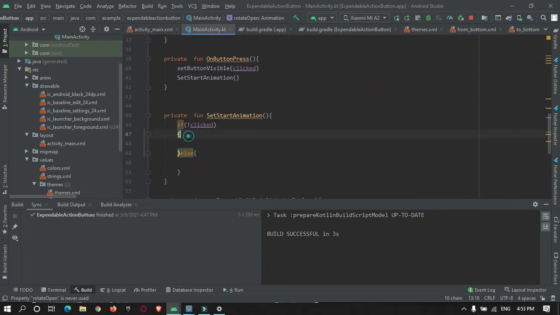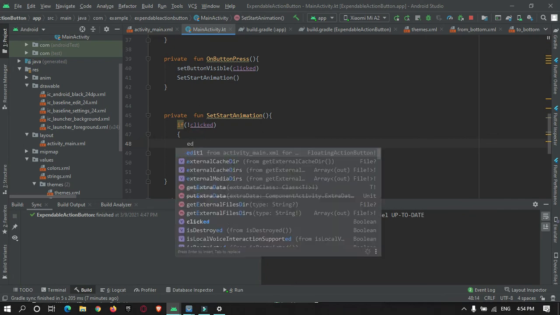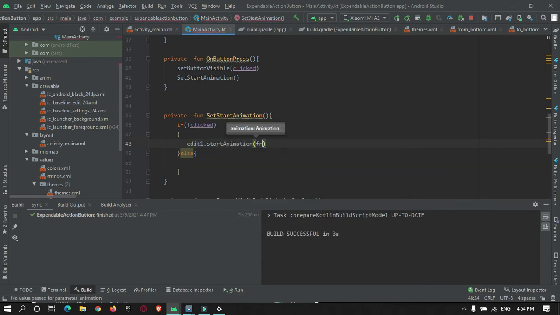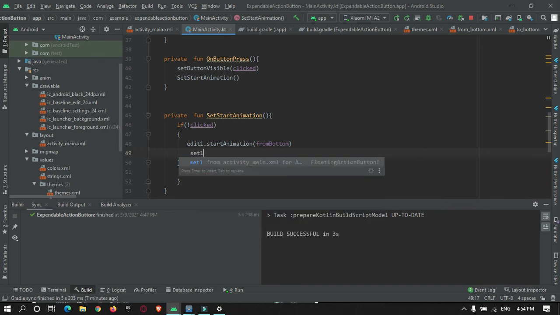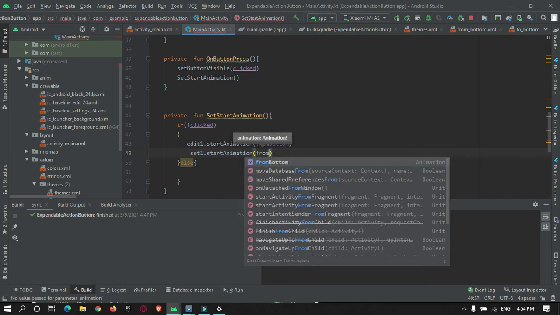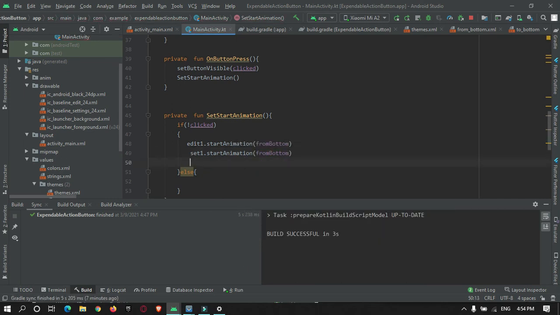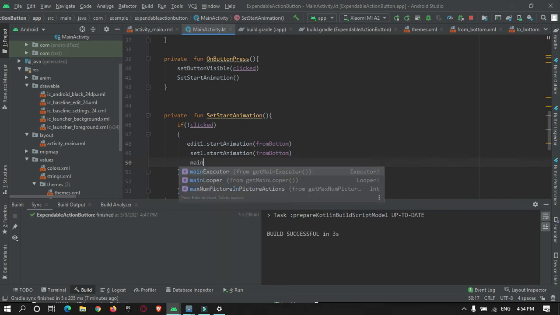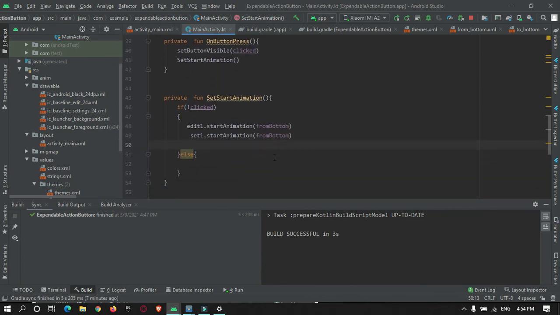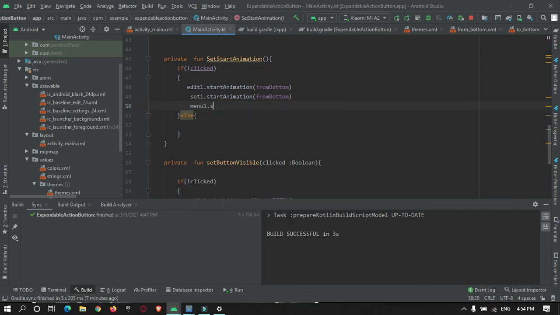In your animation, editText.startAnimation from bottom, setting1.startAnimation from bottom, and the main button, menu1.startAnimation.